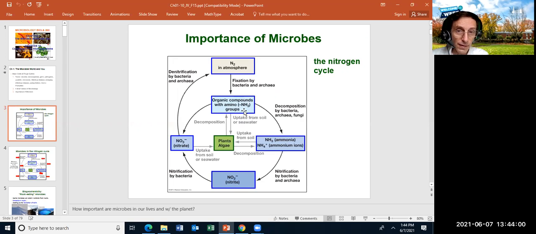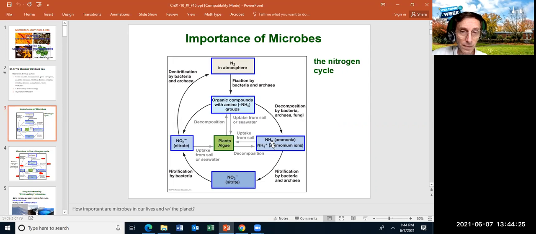It is true some of the organic compounds can be taken up by the soil from something that's dead, and the plants can use those directly, and some can be converted into nitrite, but most of it is converted into ammonia. Ammonia and ammonium, that will be a conversion of ammonia just by water